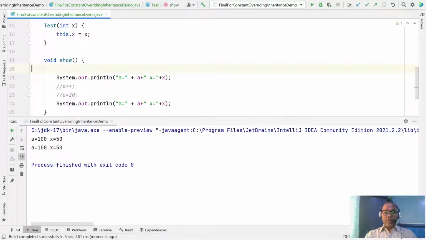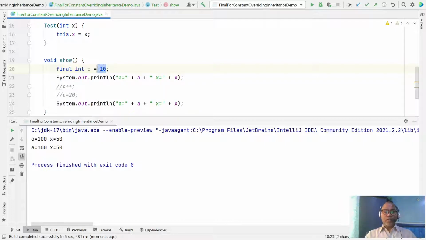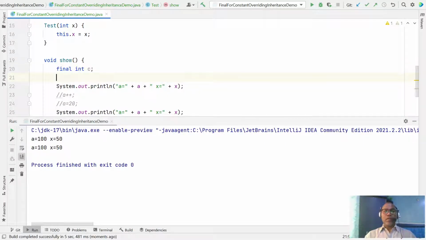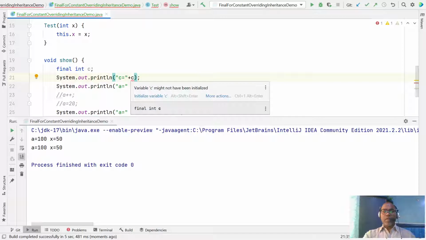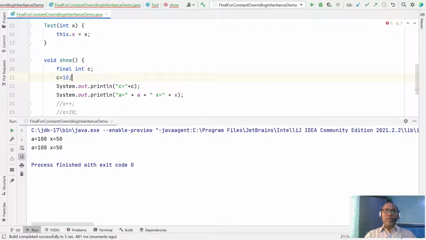Let's say a local variable c, you can also declare as final. But for a local variable you cannot do it like this. Let's say I want to print c plus c. Whenever you do this, it says please initialize. So you have to say c = 10.